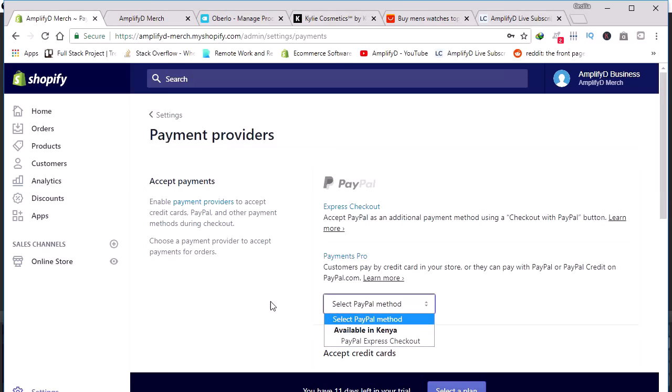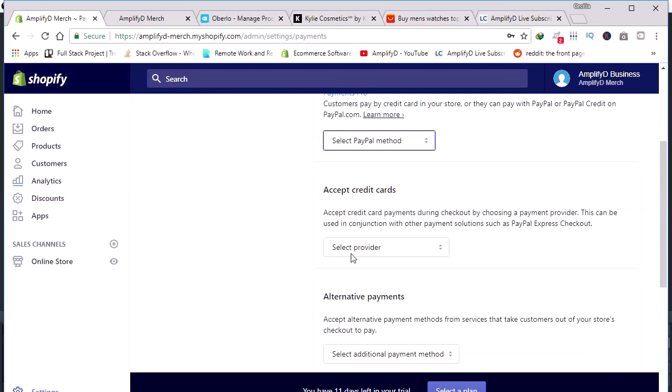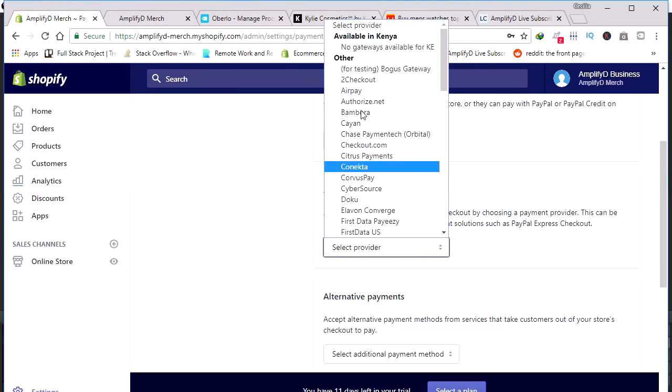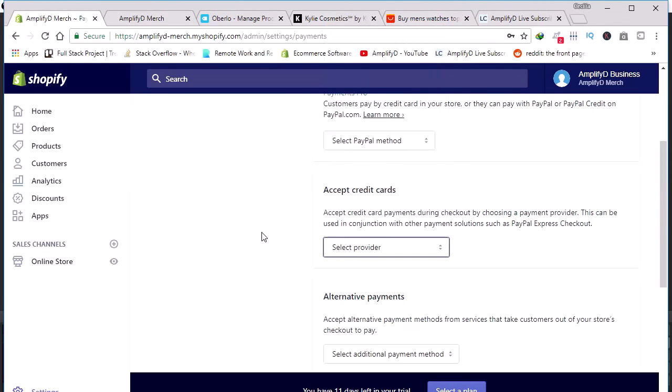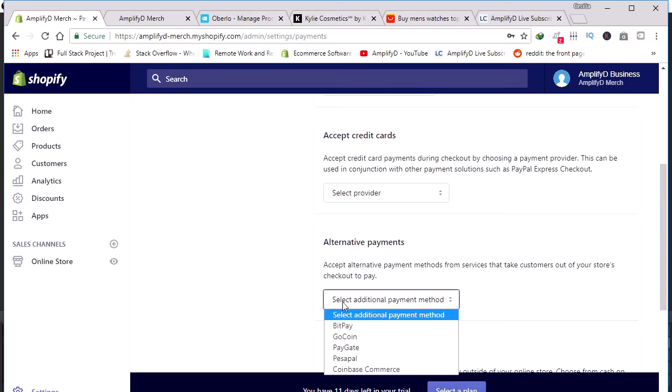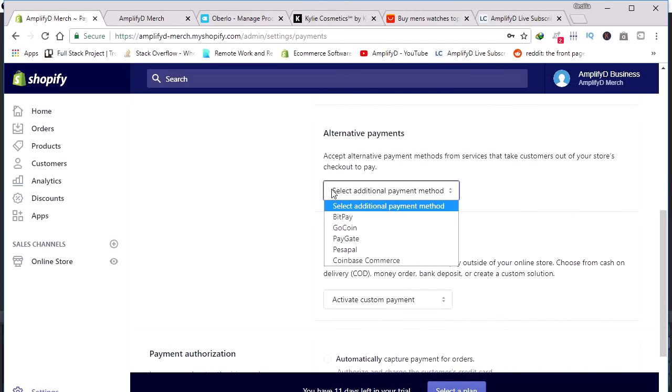So you can always add more than one, so you can accept credit cards, and the best one is checkout, and also you can add the alternative payments. And for people living in Kenya like me, PesaPal is a very good one because it incorporates mobile money. So use PesaPal if you